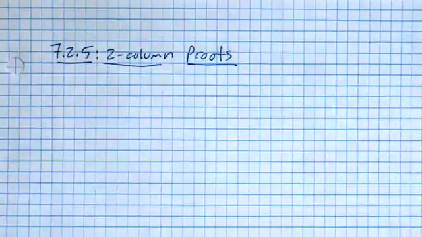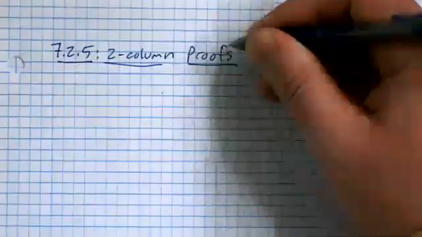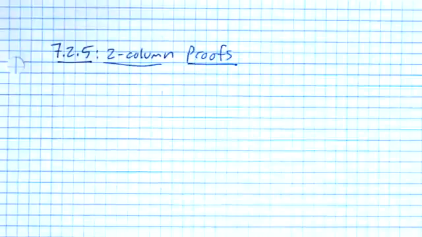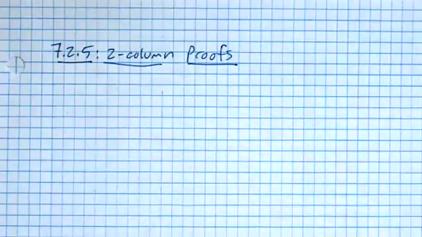Do any of you have parents or aunts or uncles or older siblings or older cousins that, when they found out you were in geometry, they complained about having to do proofs? Anybody ever heard that from someone? So I have taught geometry for a long time, and my students' biggest complaint that they always had was